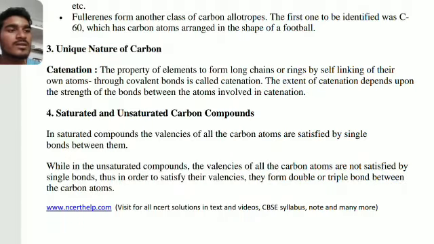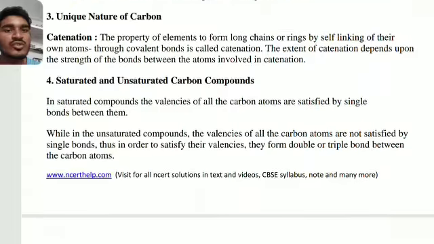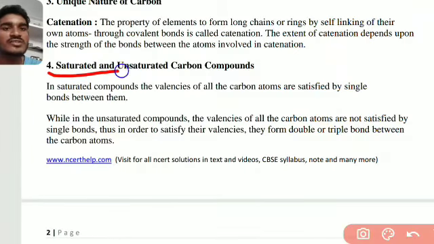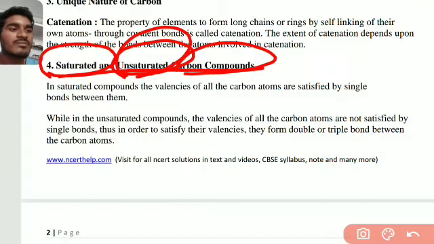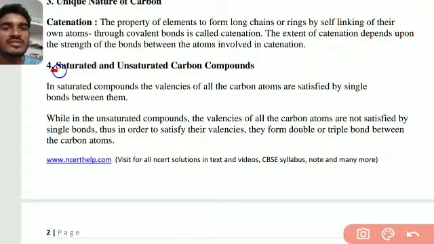Okay. Next, now we see the saturated and unsaturated carbons. Okay, saturated and unsaturated carbons, what do saturation and unsaturation mean? For example, saturated means it can be satisfied with what they give, and unsaturation means it cannot be satisfied with what they give. So carbon compounds have some problems here. Saturation means the satisfaction with single bonds, satisfied with the single bonds.